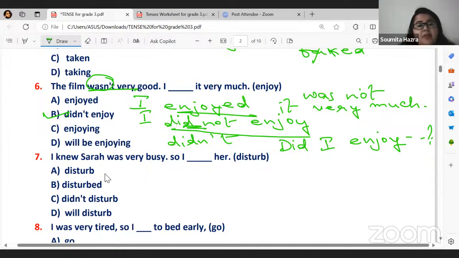They are called irregular verbs. The verbs that do not use ed to change in past tense are known as irregular verbs. And the ones that use ed to change themselves into past form are known as the regular verbs. Okay? Dance, danced. That's a regular verb. But know, knew. That is an irregular verb. Okay?